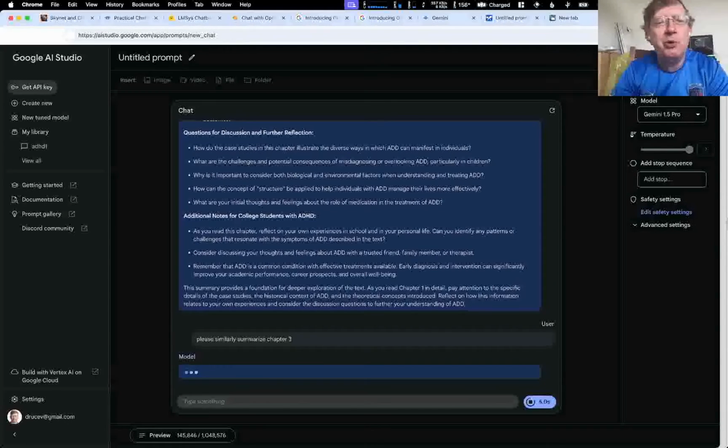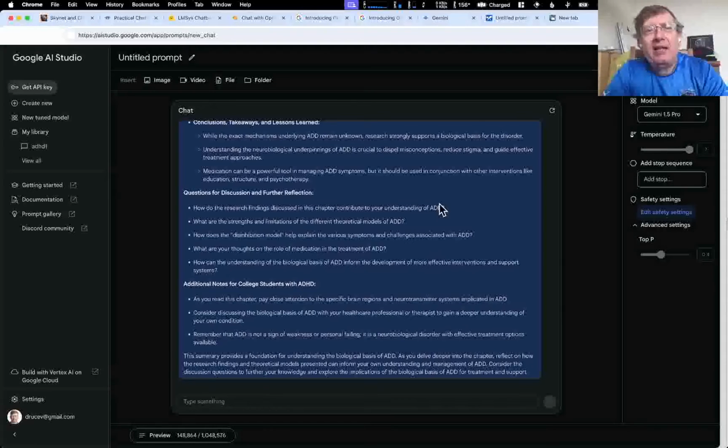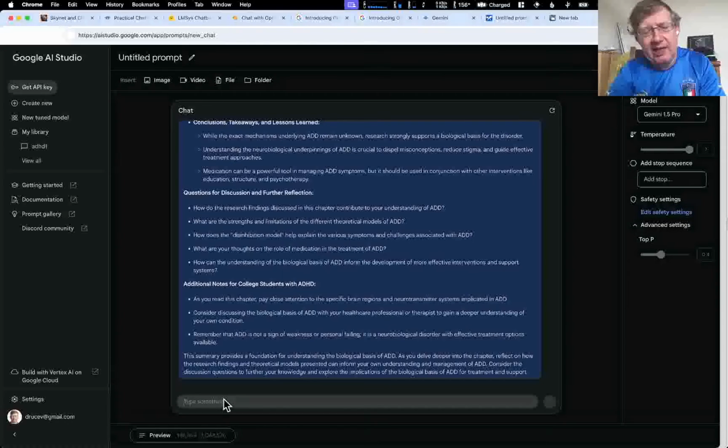So I'm going to skip through, and after summarizing about 4 chapters, we'll ask it a couple questions to try to synthesize different parts of the book. Okay, so I'm back. Basically we summarized 4 chapters. I'm going to post these on the blog at druce.ai, so you can check out how good it is. It's quite good. So something we can do is say, can you tell me in detail about the cases